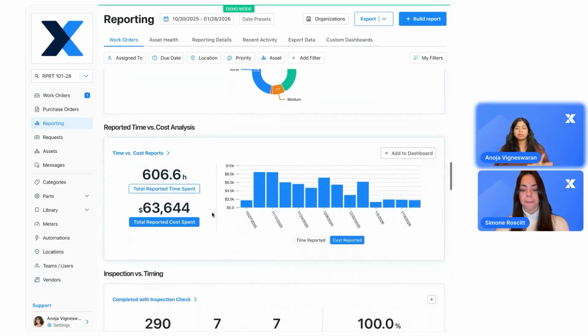Now, this report compares the actual time logged on completed work orders to the labor cost associated with that work. So your total reported time spent is the total number of hours logged across your completed work orders. And then your total reported cost spent is the total labor cost logged on those work orders. So this does not include parts costs, by the way. But seeing these two numbers side by side gives us a quick sense of how much work is